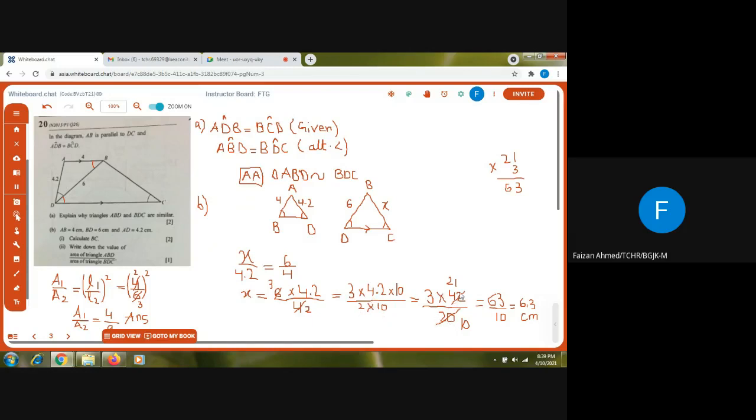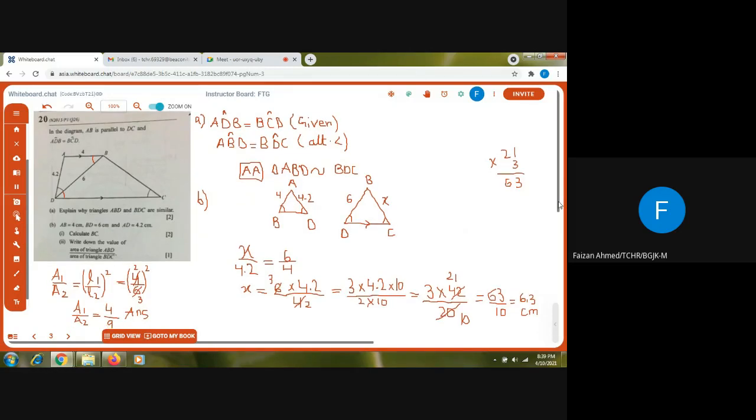Since these two are even numbers, they can be reduced. 2 times 10 is 20 and 2 times 21 is 42. Now I will multiply 21 and 3. 21 multiplied by 3 is 63. 63 divided by 10, I just have to shift the decimal one place. So the final answer will be 6.3 centimeters. The value of x is coming out to be 6.3 centimeters. I have used a similar ratio since they are similar triangles. So just compare the corresponding sides and find the value of x.